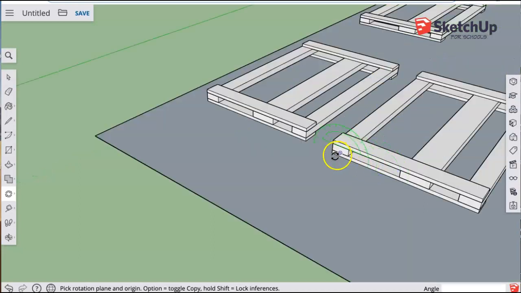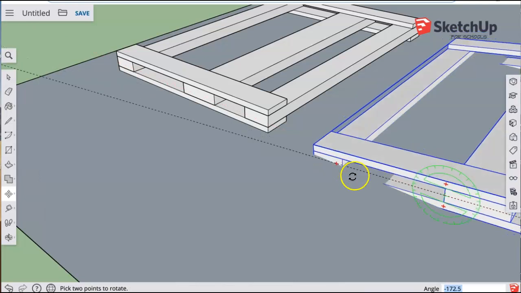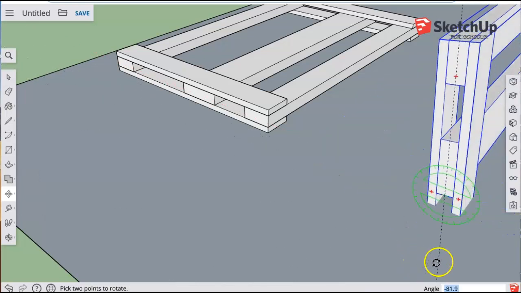Now this one I'm going to stand up. I'm going to use my move tool on these because the rotate tool can be a little finicky sometimes. So I'm going to grab the pointer tool. So click once on it, make sure I have the group. And then I'm going to get my move tool. I should get the plus sign, and then I can rotate it, and I want to be on the blue